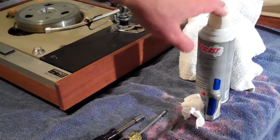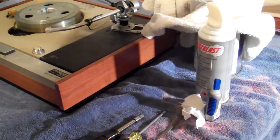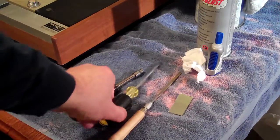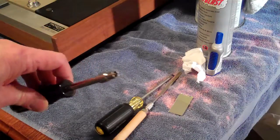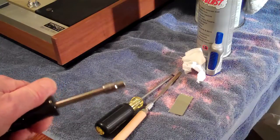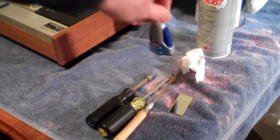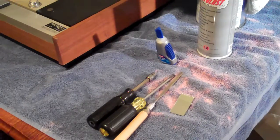I've got an air sprayer. I've got 3 quart paint cans with towels to protect the surface of the turntable, and for tools I've got a small file and a straight screwdriver. You might need a Phillips depending on how your bottom is held on. I've got a 6mm socket, which really makes the job easier for removing some nuts on the underside. I've got some super glue, and a piece of non-linting cloth that I'm going to use right now